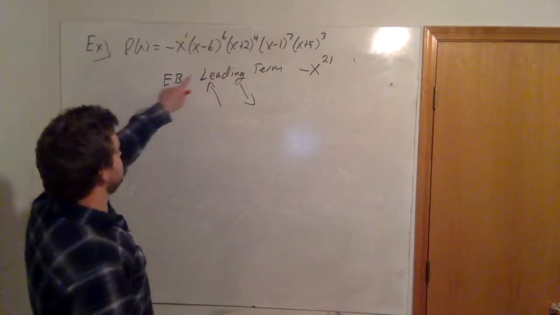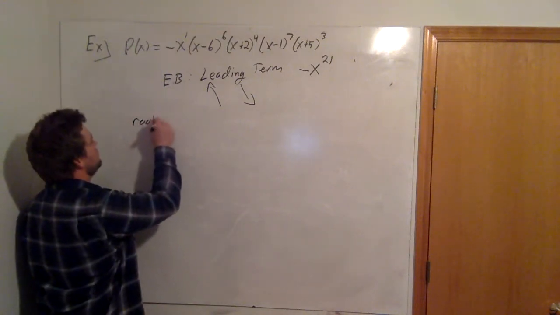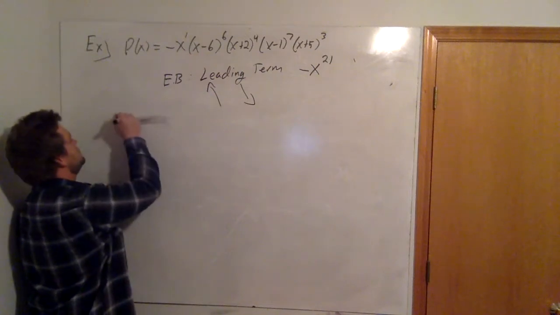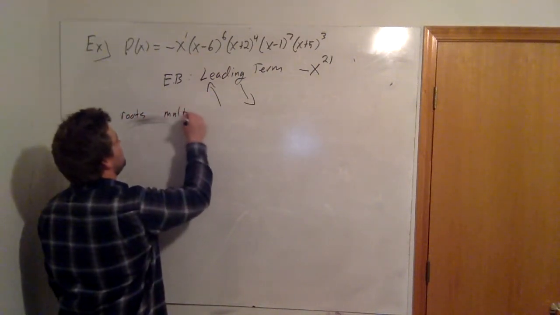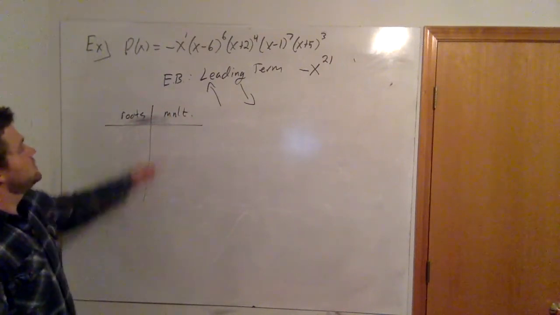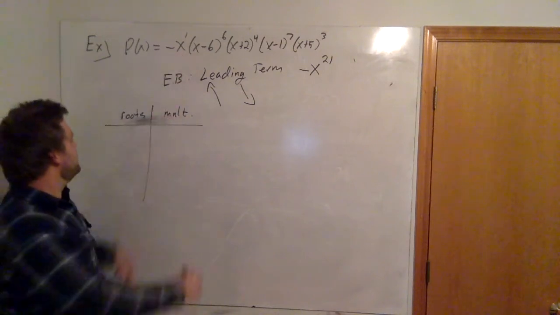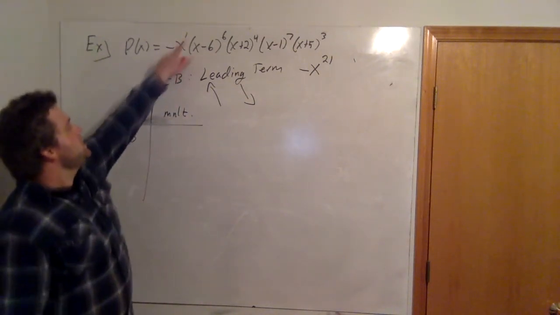Okay, let's look for the roots of this polynomial and the multiplicity. So the roots, let's scoot this over a little bit. The roots, and then their multiplicity. It looks like I'm going to get a root of x equals 0 from this factor, and it'll have a